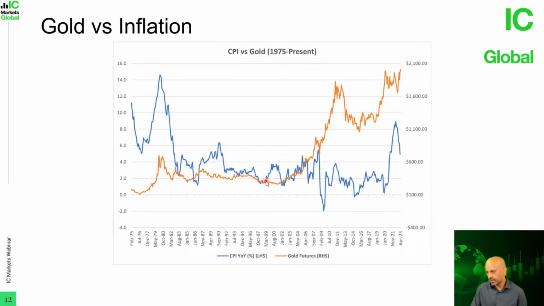in 1999 to 2000, we can see inflation rising rapidly once again, going from about 2% year over year to almost 4%. But over this period, gold actually just traded sideways and, in fact, was starting to go lower. So in this period, gold did not function as a good hedge against rising inflation.